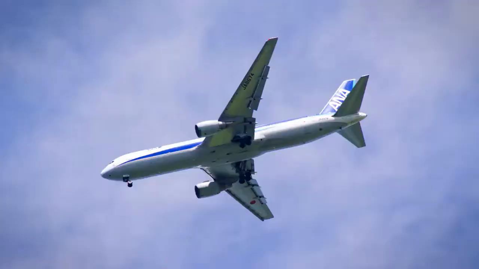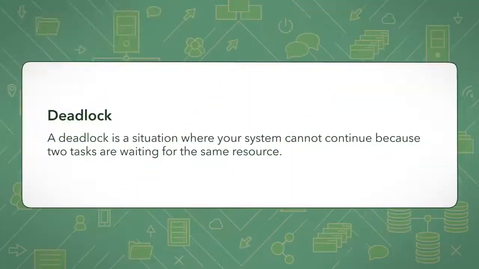Think of model checking like going through airport security. Security guards in airports know the rules of what people should have or shouldn't have to get on an airplane. They don't make any exceptions. Model checking is similar in that it checks the behavior in the state model for your system and notifies you of any violations to the rules. A rule that your software is required to satisfy is that it must not produce a deadlock. A deadlock is a situation where your system cannot continue because 2 tasks are waiting for the same resource. Your model checker would simulate the different states that could occur in your system, and if a deadlock is possible, it would provide details of the violation.